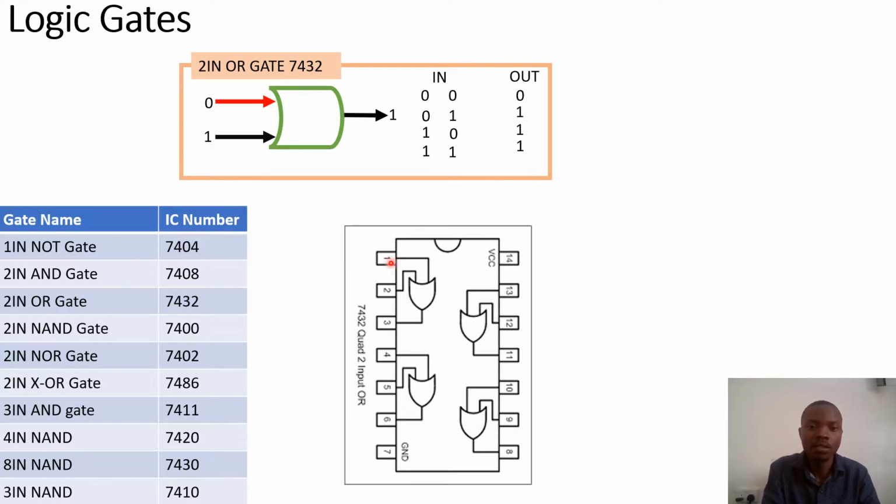These two inputs are getting through pin number 1 and pin number 2 for output that goes out through pin number 3. And then pin number 4 and 5 are inputs for output that goes through pin number 6. Pin number 7 becomes our ground. Output for pin number 8 is coming from inputs pin 9 and pin 10. Pin number 11 is output for input getting through pin number 12 and pin number 13, and VCC goes to our 5 volts